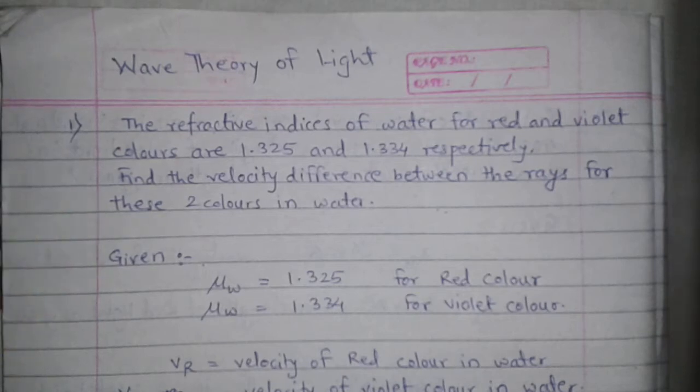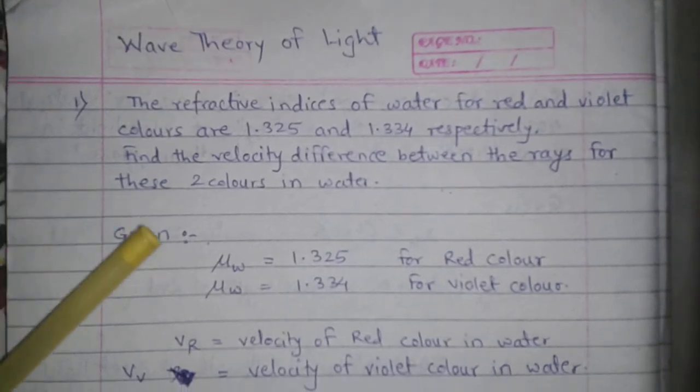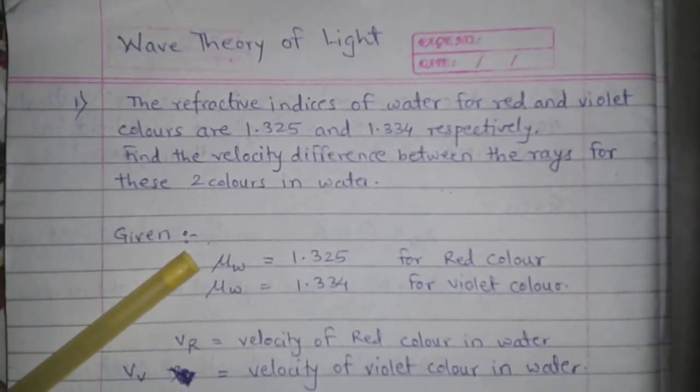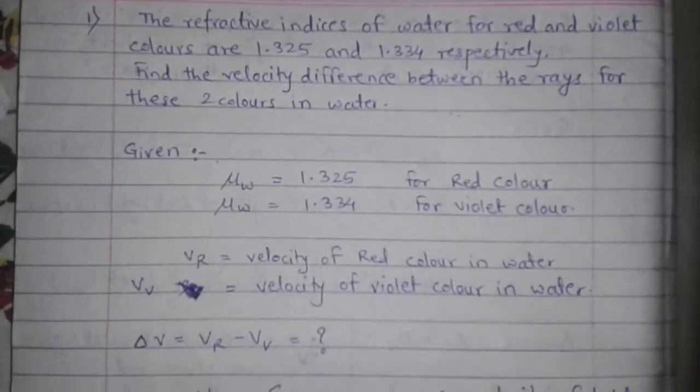So here the given refractive index for red color in water is 1.325 and refractive index of water for violet color is 1.334, and the given is